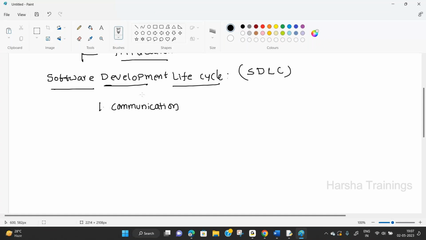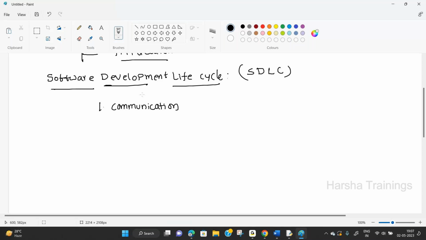Now, after gathering all these requirements, this is not related to us. So I am doing planning. For these requirements, this is the schedule. It requires this much amount of time to do the particular task. So everything is planned. Now after planning comes design. So I will write it down clearly.